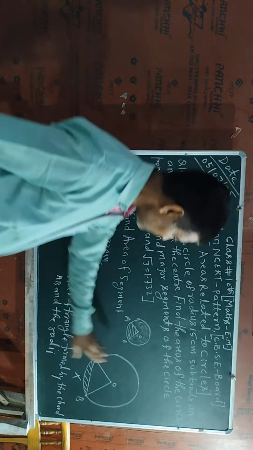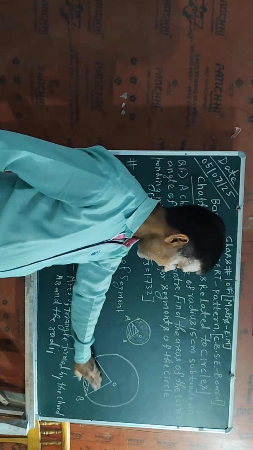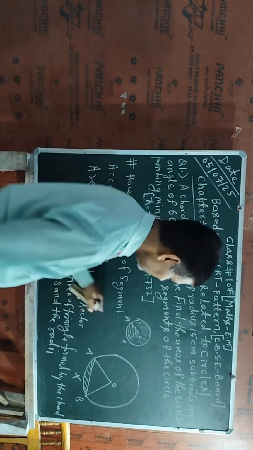So first of all, I will get the area of the sector, and then I will subtract